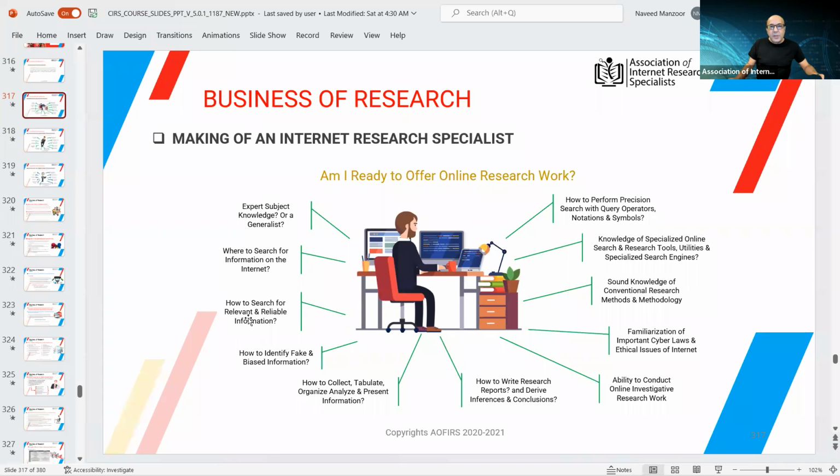Relevance and reliability. So I should have a methodology or some sort of agreed method of verifying information. If it is a first and primary resource, it is much easier. But if it is a secondary resource, then you need to ensure that you are able to conduct some sort of check or see their cross references to be able to satisfy the client that the information is vetted and it is verified.